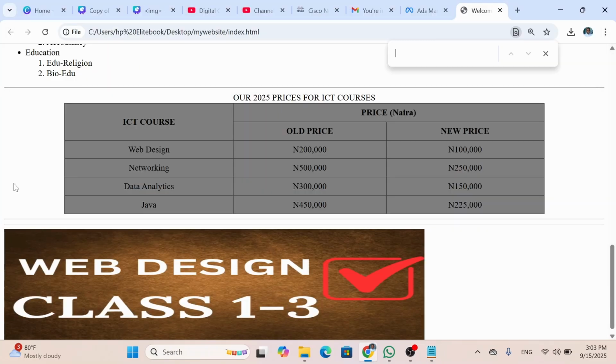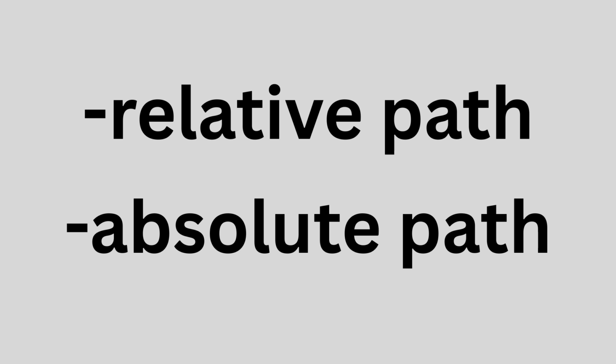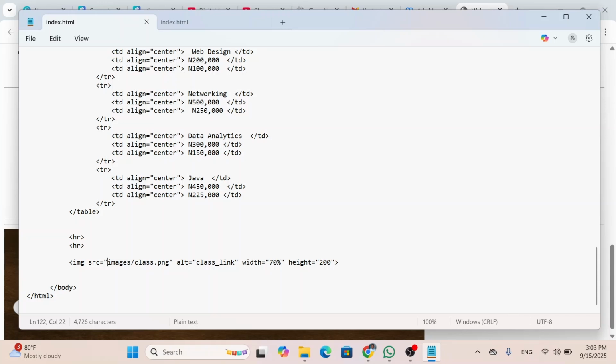And we also need to talk about the paths to the images. So we have two paths. It is either a relative path or an absolute path. So in our example, you can see that we traced a relative path. You enter the image folder and then you locate the image file. So this path is relative. But in case of a web server,